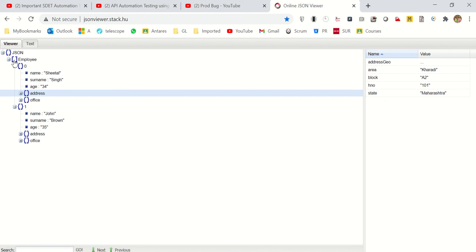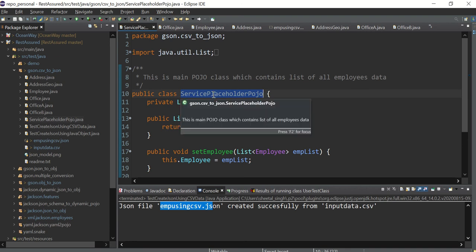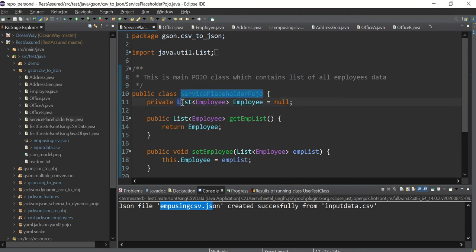See, the array sign is there, right? So at this level, it's a list of employees, and every employee is a JSON. Got it? So that's why I have created this class, service placeholder, or you can call it list of employees, or employees with an S, as the class name. But to have better clarity, I named it service placeholder POJO. Under that, it has a list of employees.